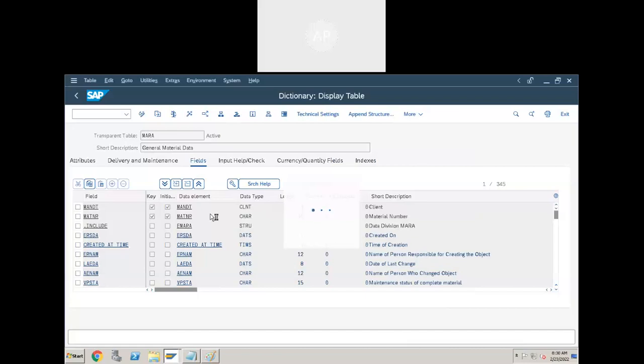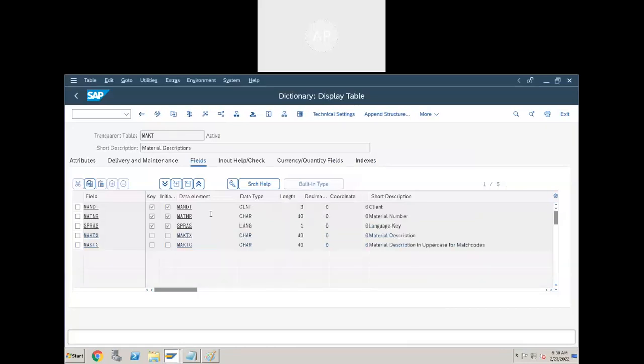For that reason, we have a separate text table where we maintain the same description in multiple languages. For example, if your company is operating in different countries, you are going to maintain all those languages as descriptions.